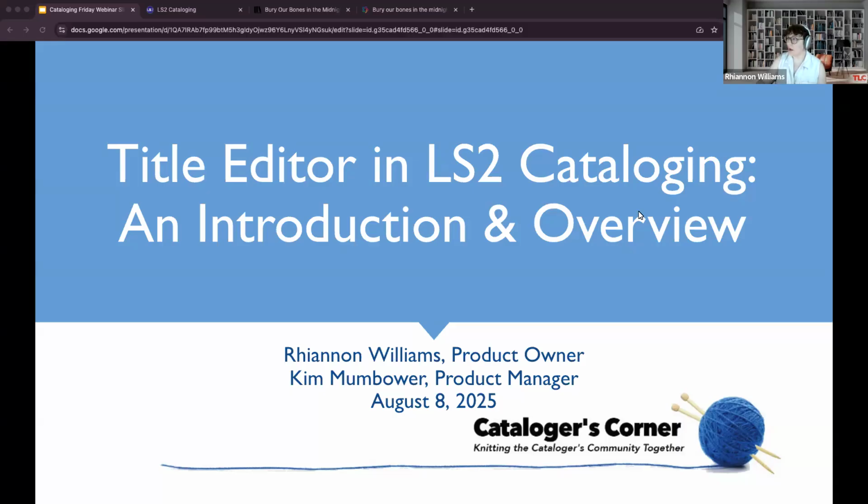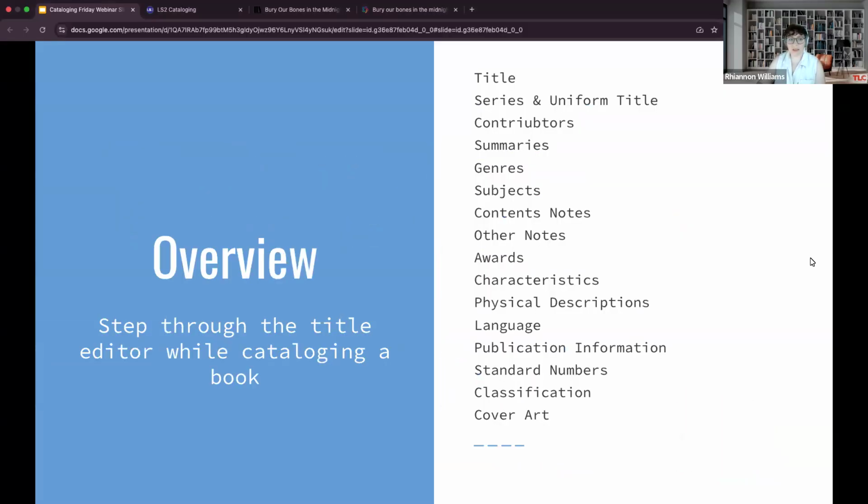So I'm going to walk through these different areas of the title editor through the process and through the lens of cataloging a book. So my example I'll be using today,